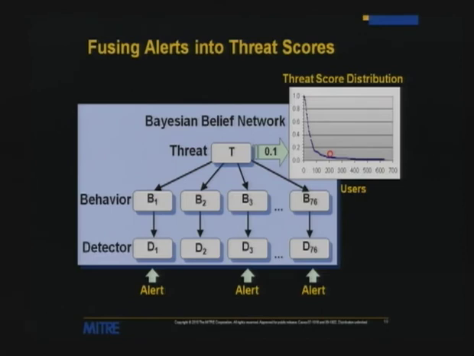So what you get out of the Bayes network, you introduce evidence in the form of alerts for each of the detectors, either a binary 1 or 0. What you get out is a threat score between 0 and 1, and what you get is a folded normal,